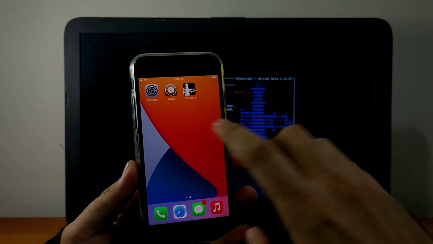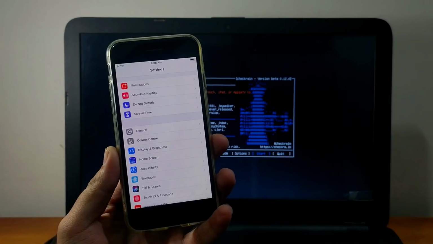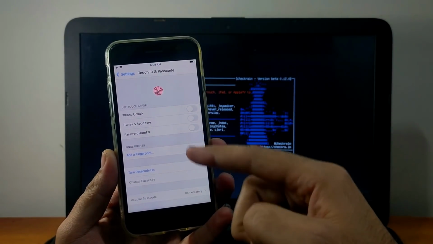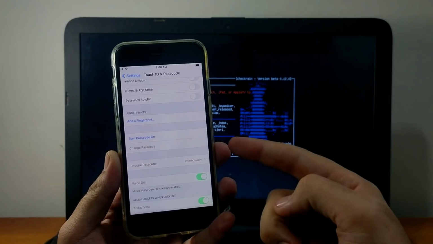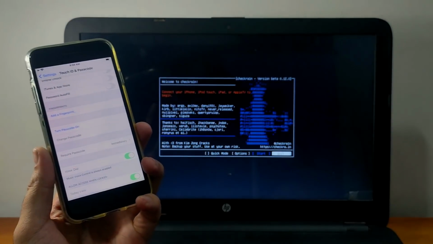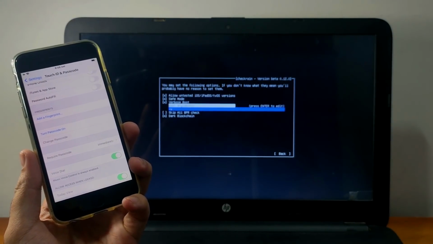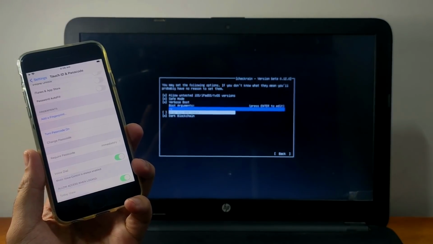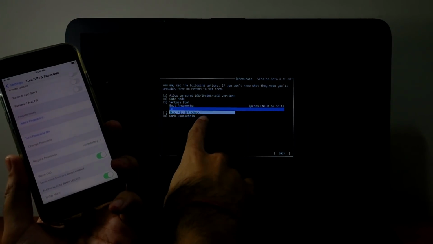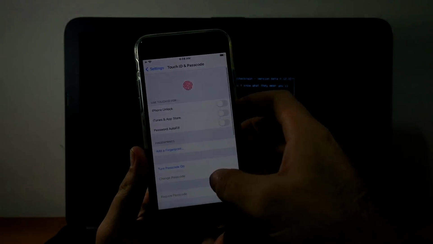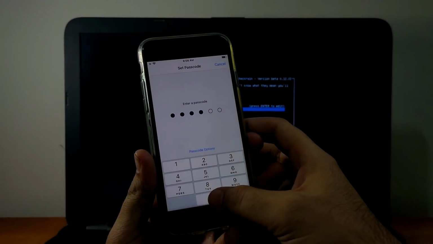And now I will set the passcode. So I will clear you once again. On the A10 and A10X devices, the passcode and the fingerprint will work. On A11 devices, the passcode and the Face ID will not work. So if you jailbreak above models like A11 models, you need to just allow the BPR option and start jailbreaking and your device will be jailbroken. But you cannot set the passcode and the Face ID on that device. But on the A10 and AX devices, you can easily set the passcode and the Touch ID. So let me just set a passcode.